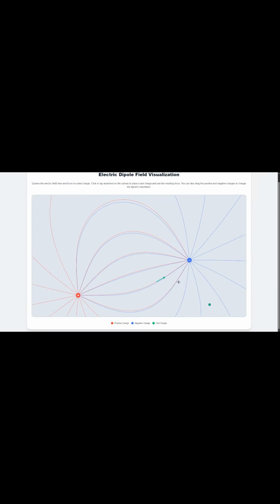The field in motion. A living simulation. To truly understand the dipole, we must watch how it interacts with